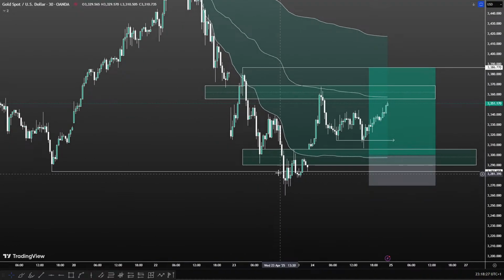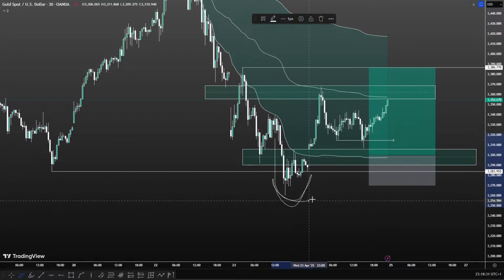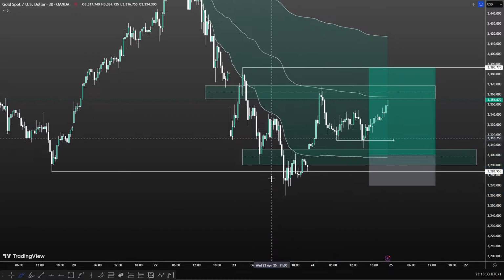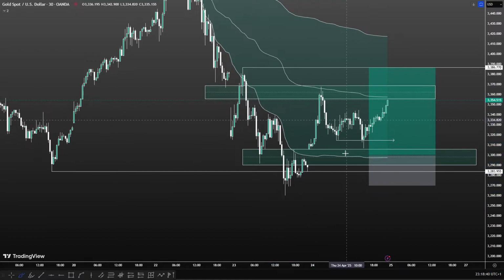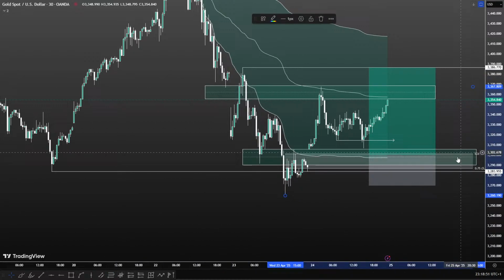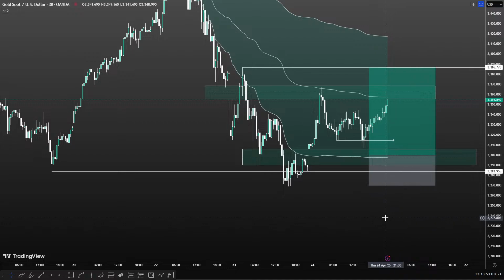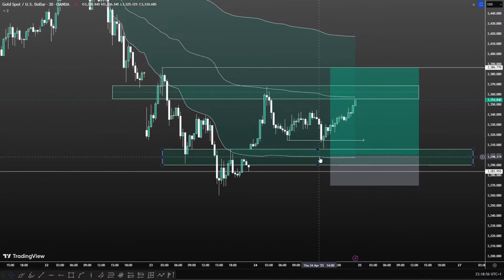On Wednesday in the New York session, we crashed below these lows, showed wicks to the downside, curvature, demand for buyers, and hence we had the reversal off the open. We left this gap, had a violent move to the upside. What I was anticipating is that we're going to have a retest into this gap, which, by the way, if I were to plot the fib level, is in confluence with our fib pocket. I was looking for a retest into that gap, also in confluence with the bottom VWAP, and then a rocket from